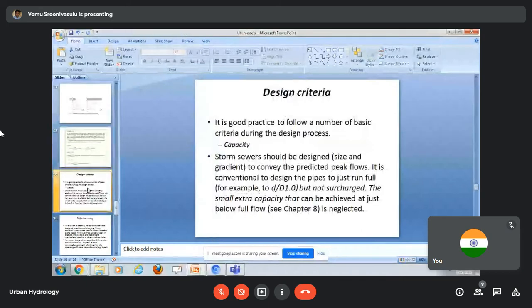Let us see the design criteria. It is good practice to follow a number of basic criteria during the design process. The storm sewer capacity should be designed to convey the predicted peak flow. It is conventional to design the pipe to just run full, for example d by D is equal to 1, so that the depth of water equals the diameter of the pipe, but not more. Okay, the small extra capacity that can be achieved is